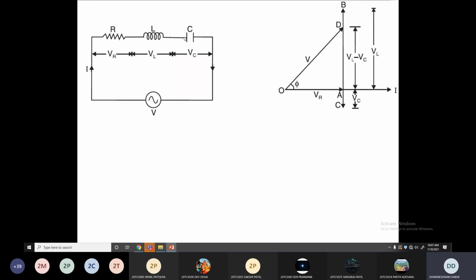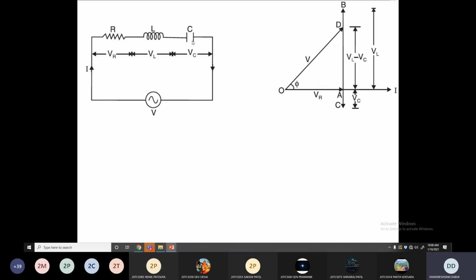Now the voltage across the capacitor: we know that the current leads the voltage across the capacitor by 90 degrees, so draw an exactly vertical line on the lower side of the current vector. The vector AC that I drew is the voltage across the capacitor. The line of vector AC is very short compared to vector AB. It means that the value of the inductor is larger than that of the capacitor.